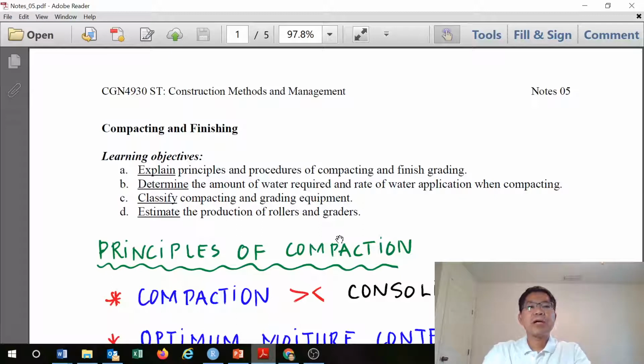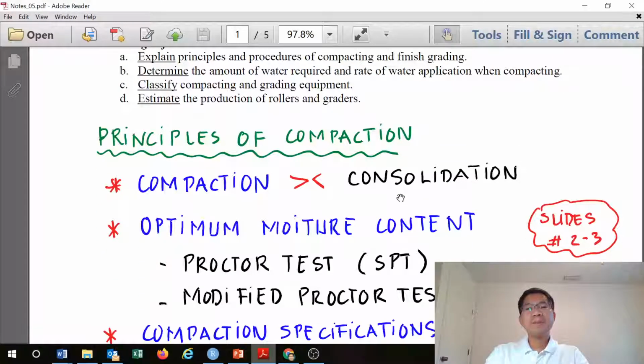And then we classify the equipment for compacting and grading, and then estimate production of rollers used for compaction and graders used for grading and finishing. In terms of the principle of compaction, it is basically a process of increasing the soil density by mechanically forcing the air out of the soil, so that the solid parts of the soil are closer together, so increasing